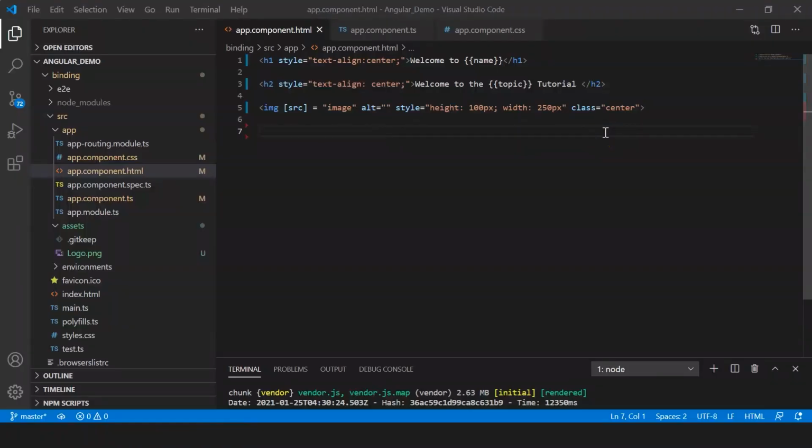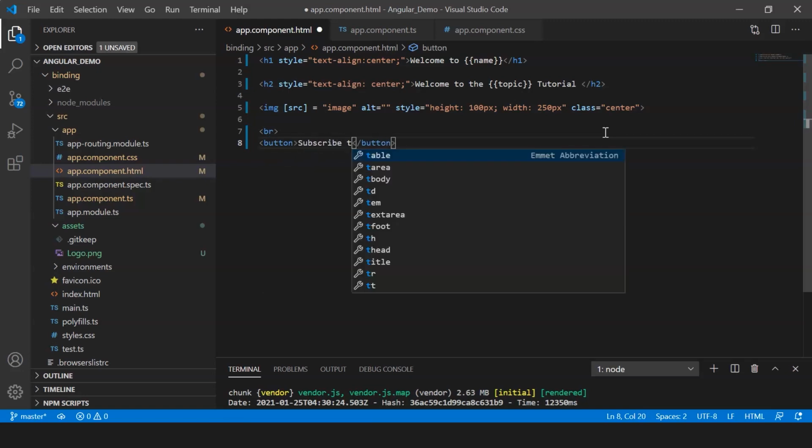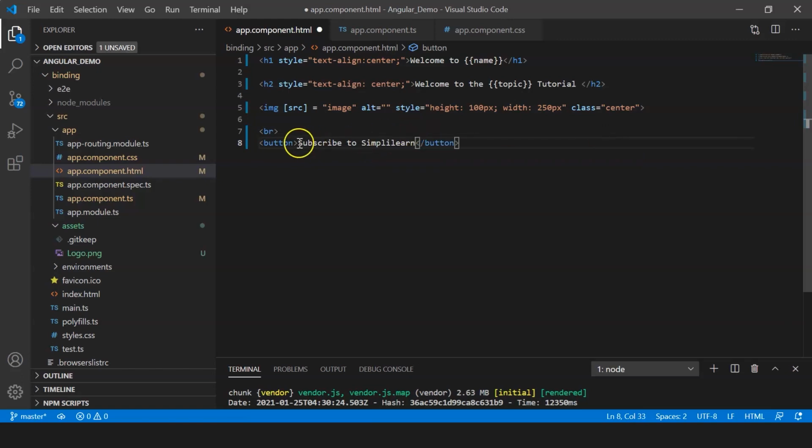So here I'm going to be creating a button for the click event. Alright, so let's just create a button. Okay, and I'm going to display the message subscribe to Simplilearn on it. Alright, and the event is going to be a click event.